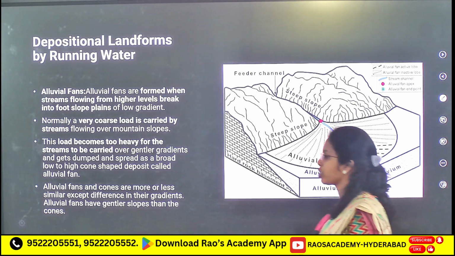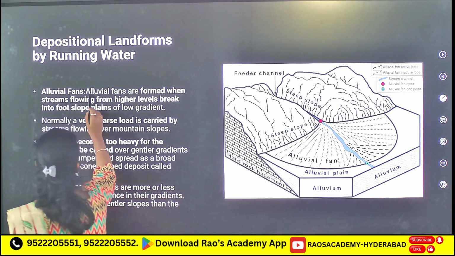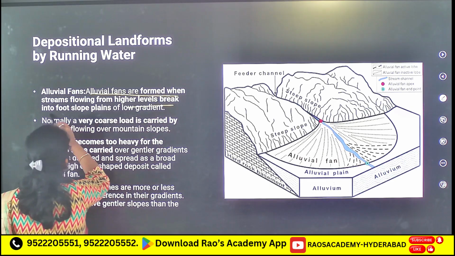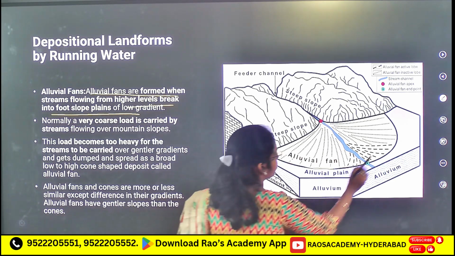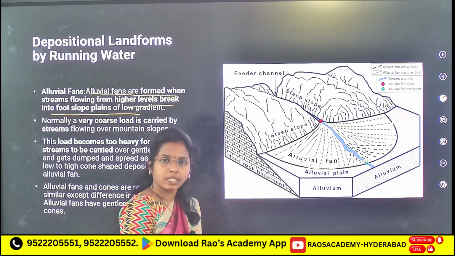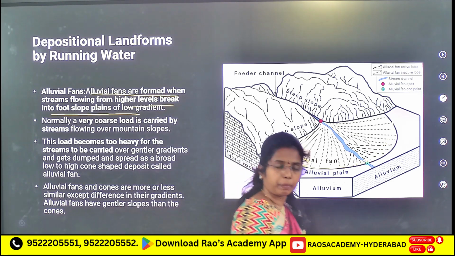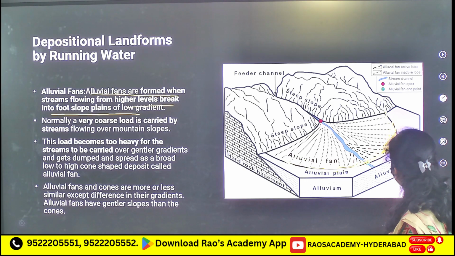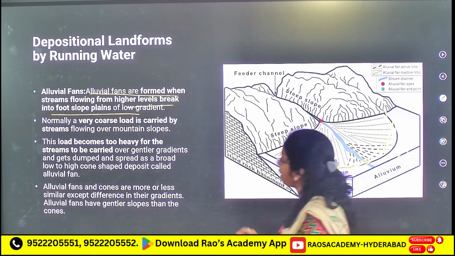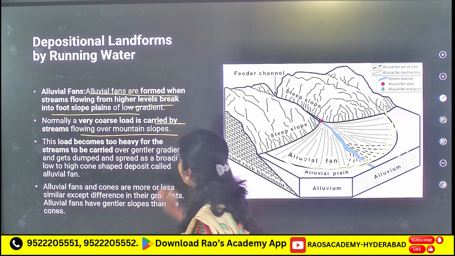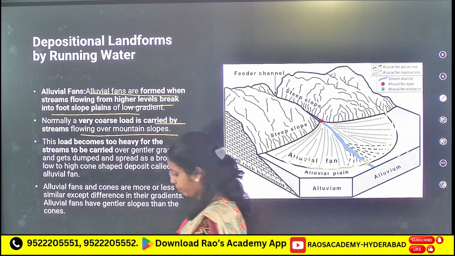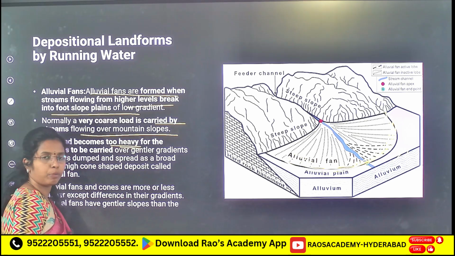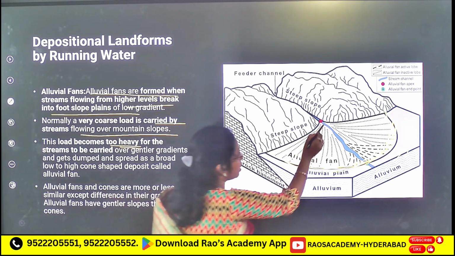First we will learn about depositional landforms by running water. Alluvial fans are formed when streams flowing from higher levels break into foot slopes. At the base of mountains, they deposit the load, alluvium deposition, that appears like a fan, cone shape here. That is known as an alluvial fan. Normally very coarse load is carried by streams flowing over mountain slopes. When a river is carrying that alluvium load, it becomes very heavy when it comes here after